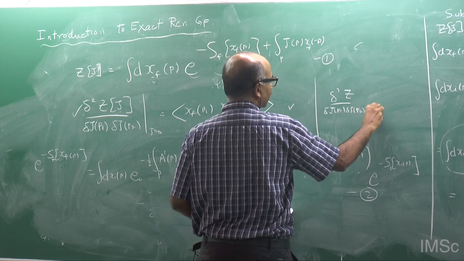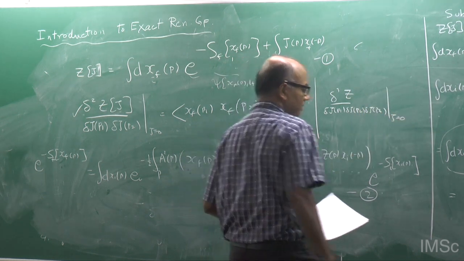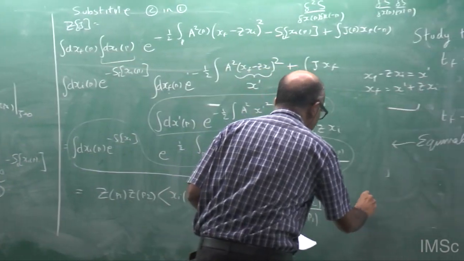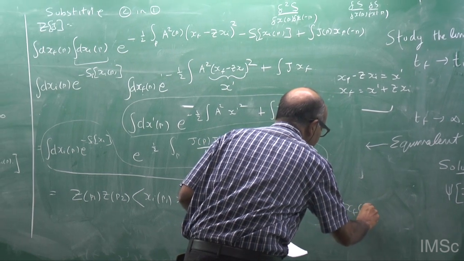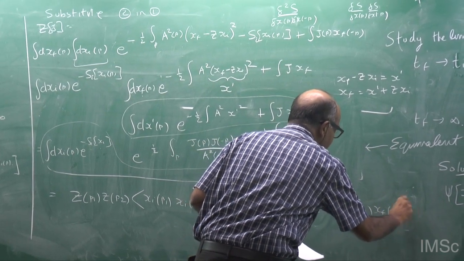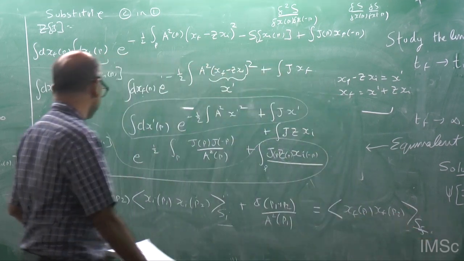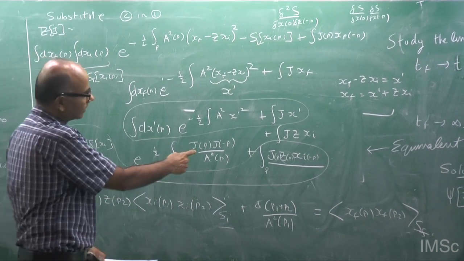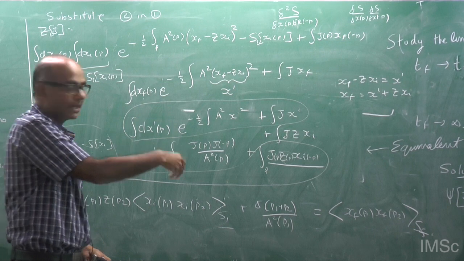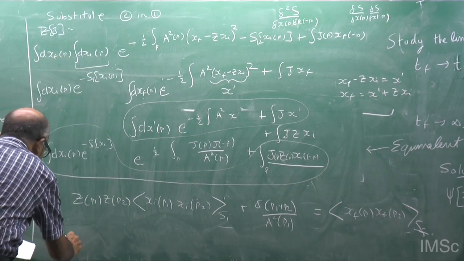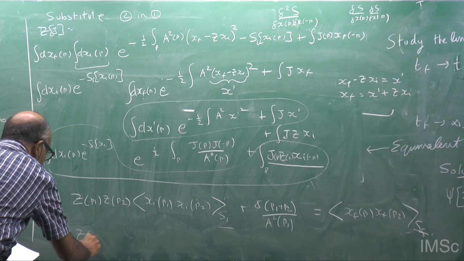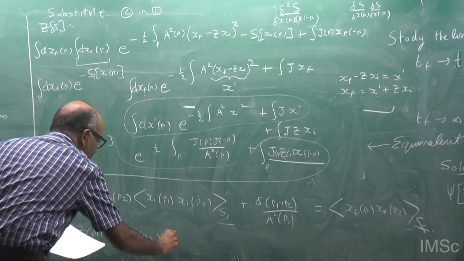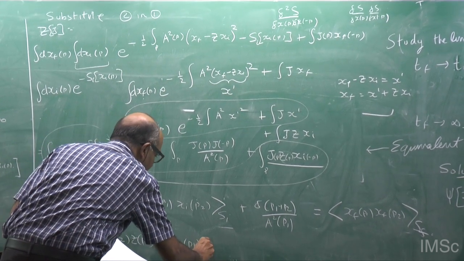I'll just do this also to show you how it works. This cubic one, so this is your quadratic one. So what is this equal to? And if you calculate the cubic one, you can just do this. Cubic one, this won't contribute because when you put j equals 0, it will go away. You will just get zp1 zp2 zp3 times xi p1 xi